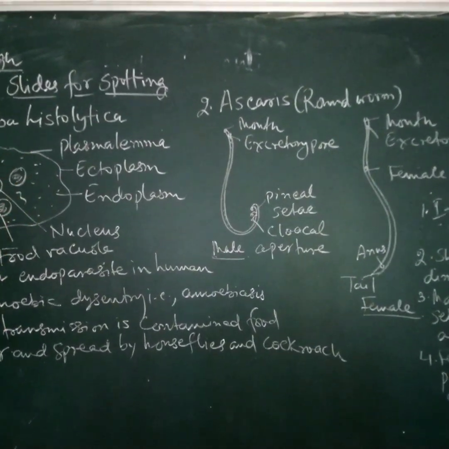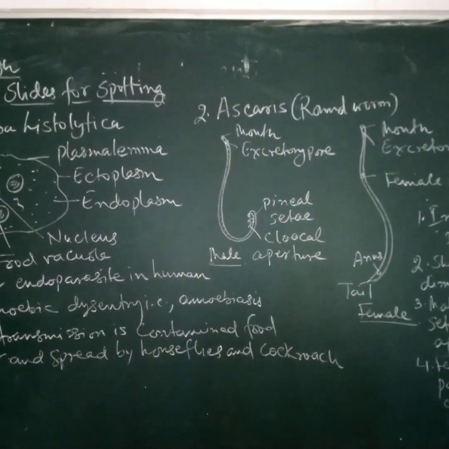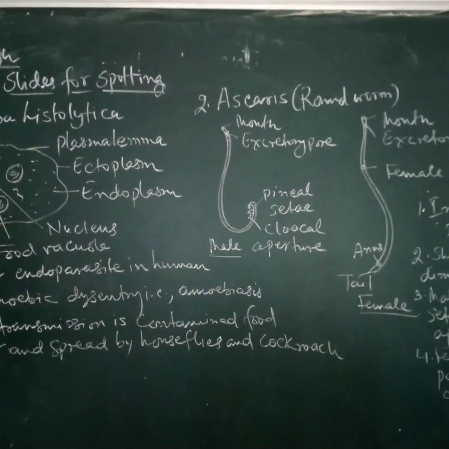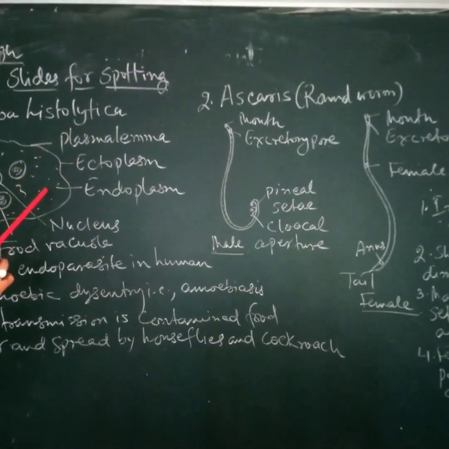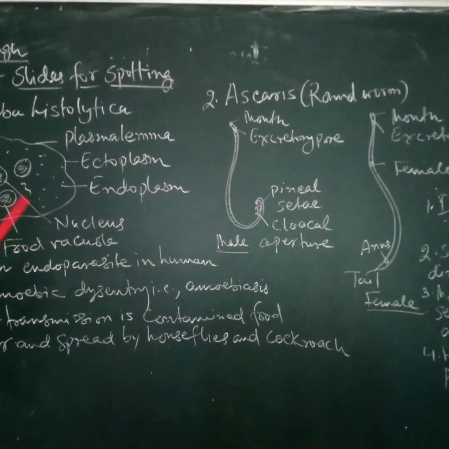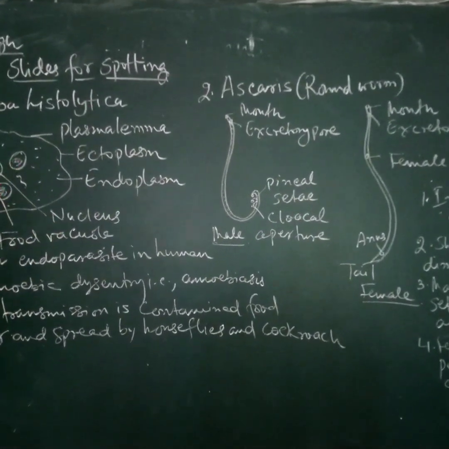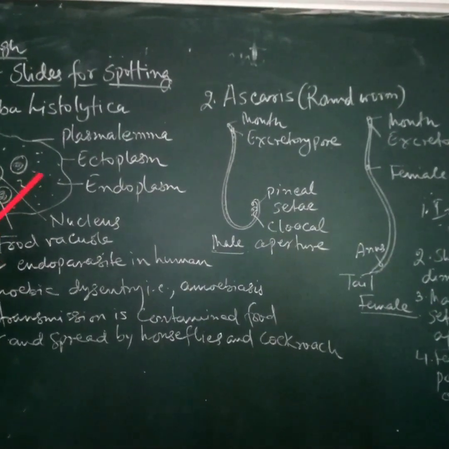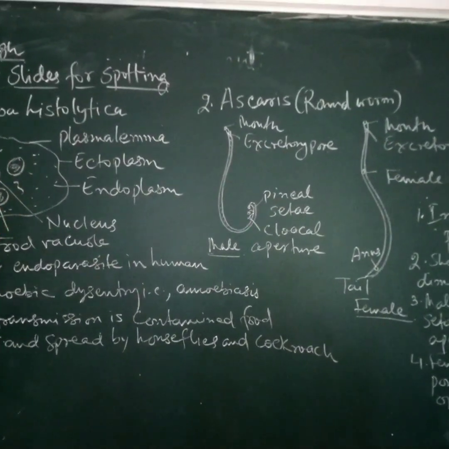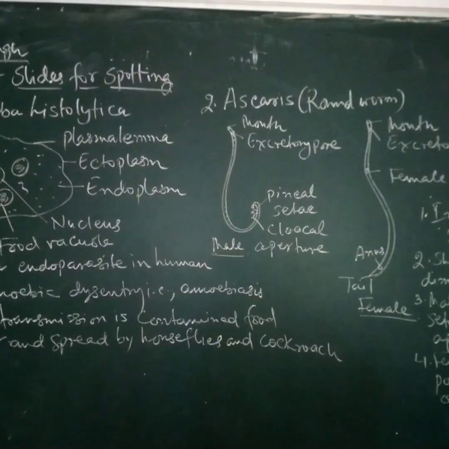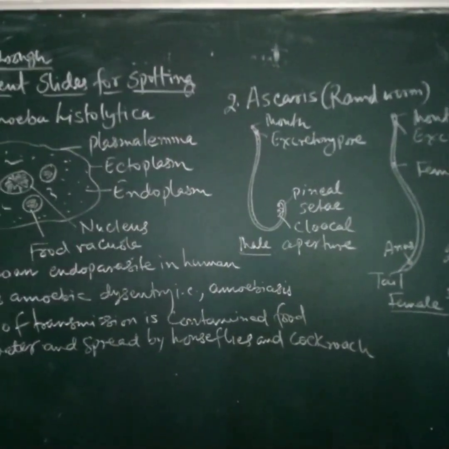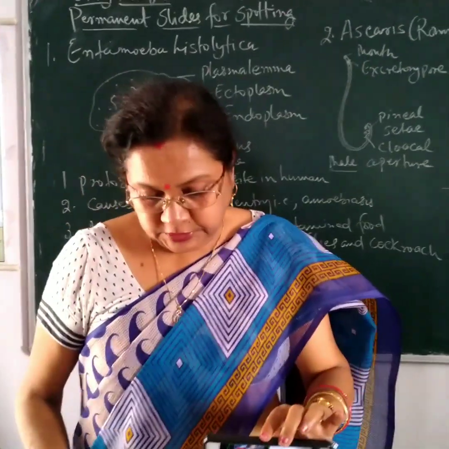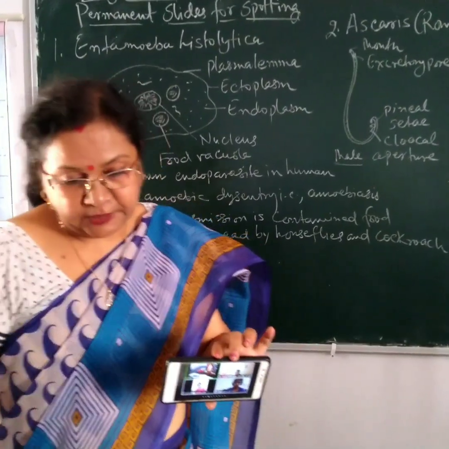The structure of the Entamoeba is supposed to be visible under the microscope, but the slide is not available here; later on it will be available. The outermost covering is the ectoplasm, the inner is the endoplasm, and they have a separate nucleus and food vacuoles. These food vacuoles contain RBCs. Some bacteria are also present in it, they engulf them, and then the whole structure is filled up with the cytoplasm.